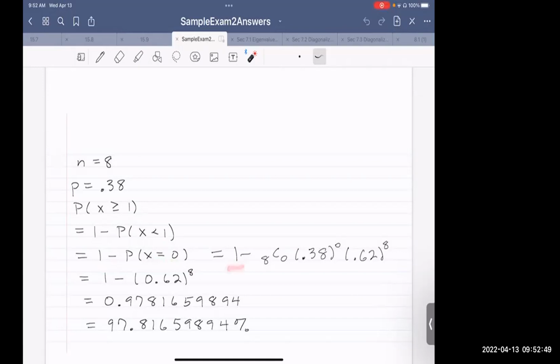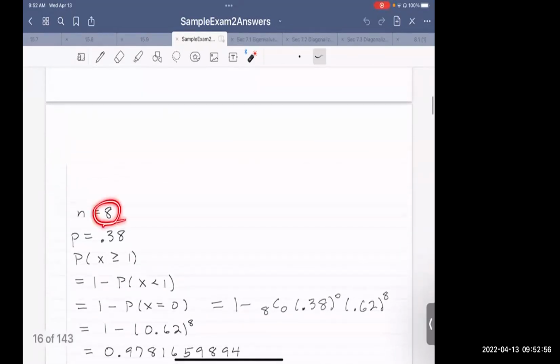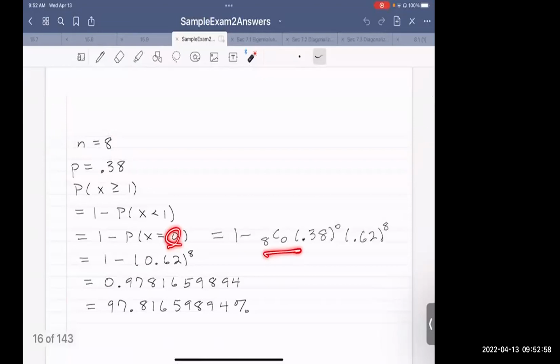So 1 minus, in this case, I'll use the binomial probability formula. So 8C0, 0.38 to the 0. If I have a 38% probability of success, I have a 62% chance of failure. So 0.62 to the power 8 minus 0, 8. And so 1 minus 0.62 to the 8th,